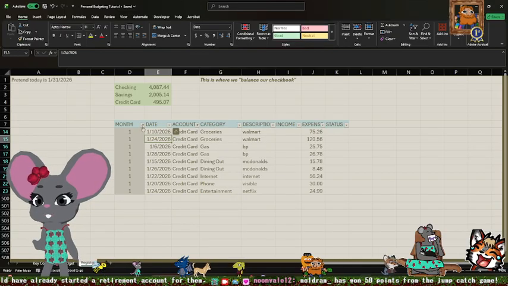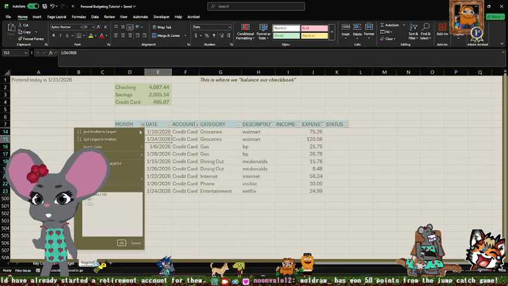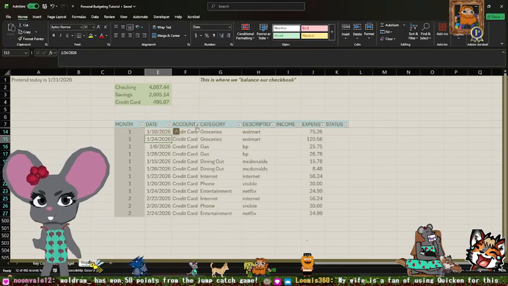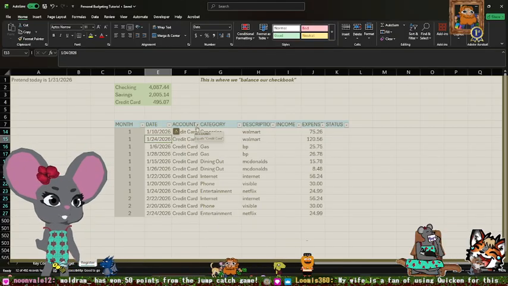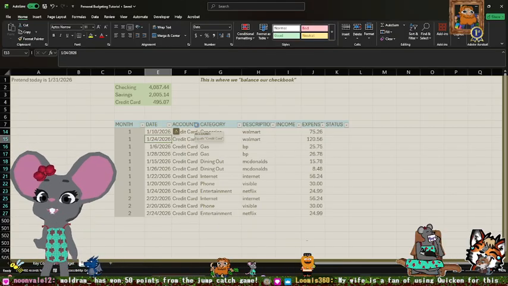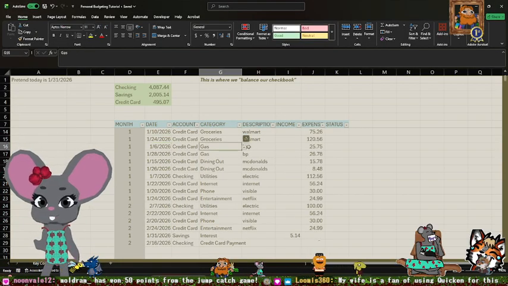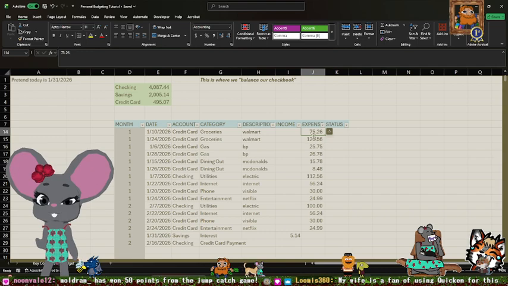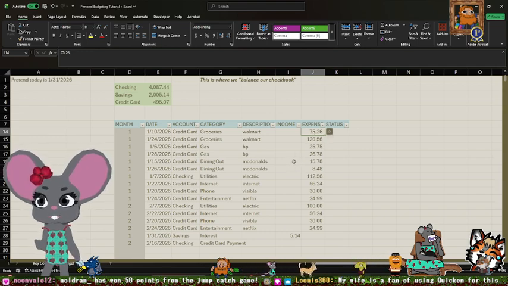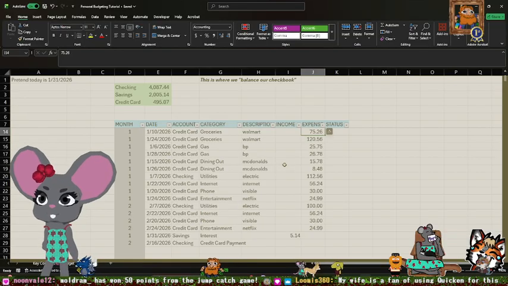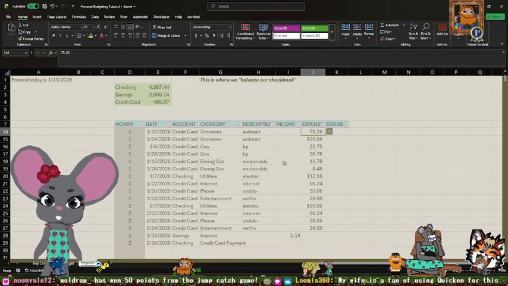Oh, and we also did some filters. Let me clear these filters off. Clear! My wife is a fan of using Quicken for this. Yes, Quicken is a great product, if you want to go that route. I am a great fan of Excel just because I love using Excel, and there's more flexibility.